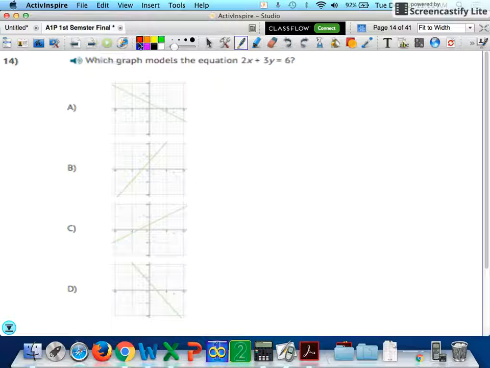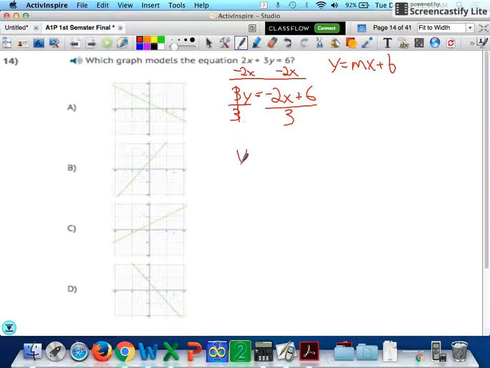Number 14, which graph models this equation? Okay, easiest way to do this, put it into y equals mx plus b form, our slope-intercept form, and then check it in the calculator. Well, first things first, subtract 2x from both sides. Divide by 3. This 3 goes to both pieces, so it's negative 2/3 x